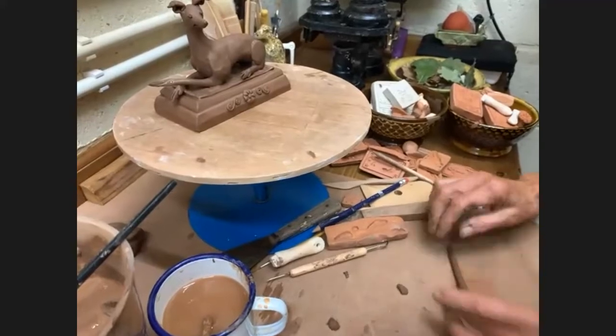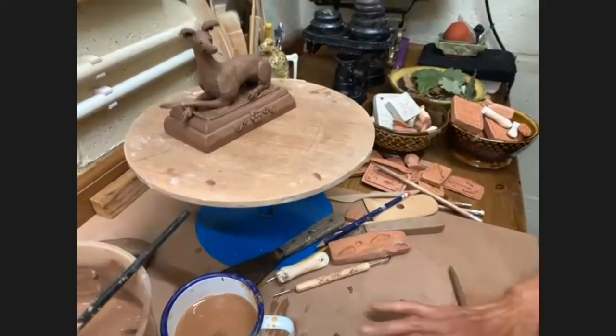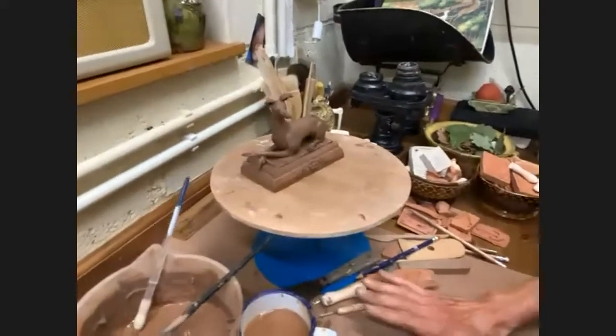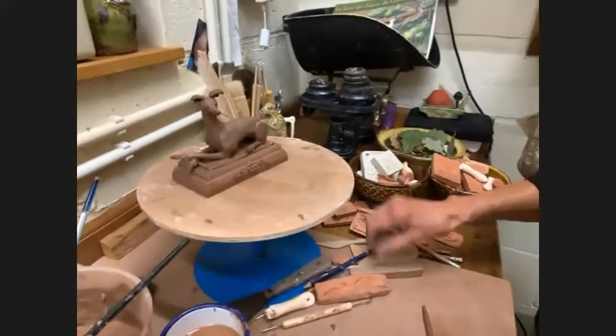I think everyone will need a lie down after this. No, you will, but we won't. Being a bit full on. No, this is how I work all the time. It's quite intense, but